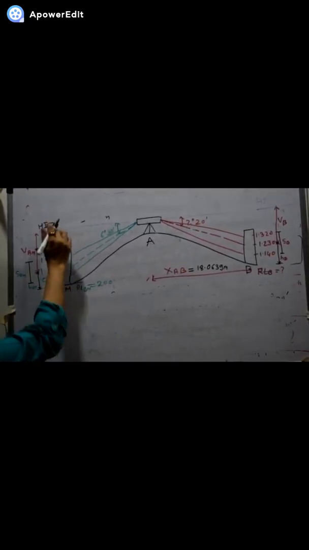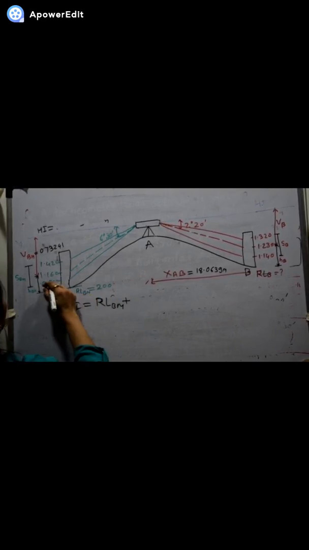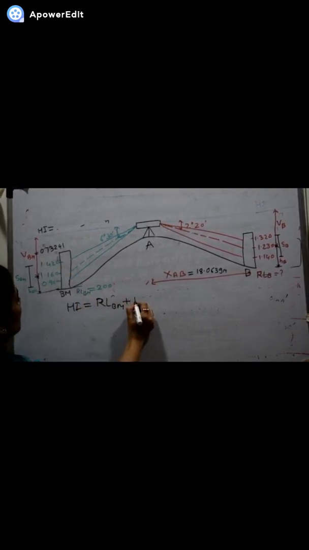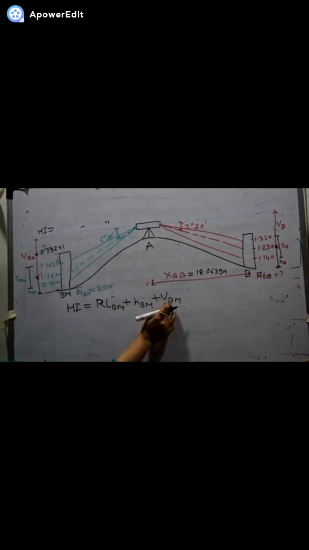Now we know the RL of BM, it is 200. We have to reach to the HI. So to reach to the HI, the formula of HI is equal to RL of benchmark plus H of BM plus V of BM. In this case, we know the value of RL, we know the value of HB. Now we need to find the V of BM, and the V of BM is given by the formula